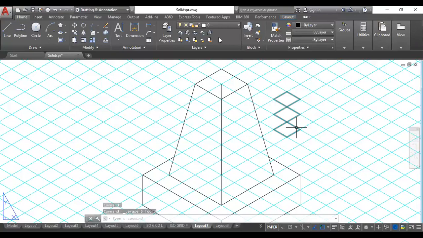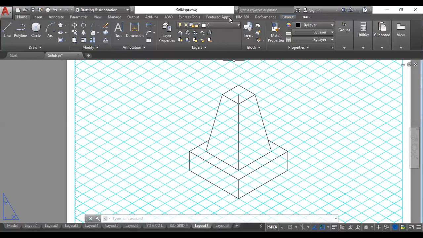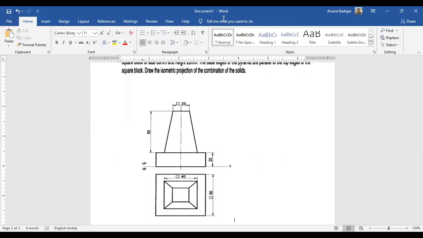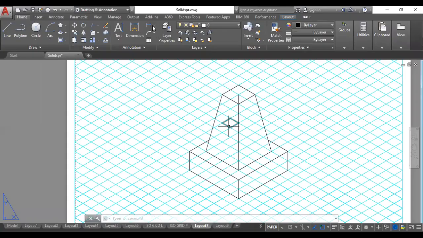If you observe this isometric view and if you observe the solution here, if you look into this top view and front view combination, both will be the same. So this is top view and front view in orthographic projection. In the same manner, what we have drawn here is the isometric projection of the drawing. So you need to show one of the dimensions. I will show one dimension as its thickness, and for the other dimension I will show one of its side lengths or edge lengths. So this is one of its side or edge length.